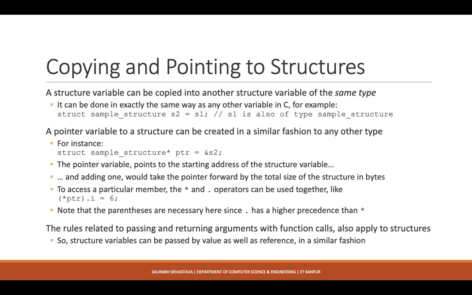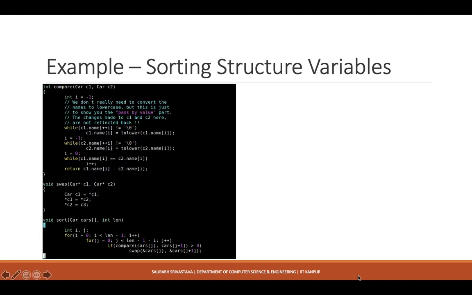And the rules for passing structure variables to functions and returning them from functions are exactly the same. You can pass these structure variables either by value or by reference, in the fashion that we've seen in the previous lecture. So this is just a simple example of passing structures to functions.